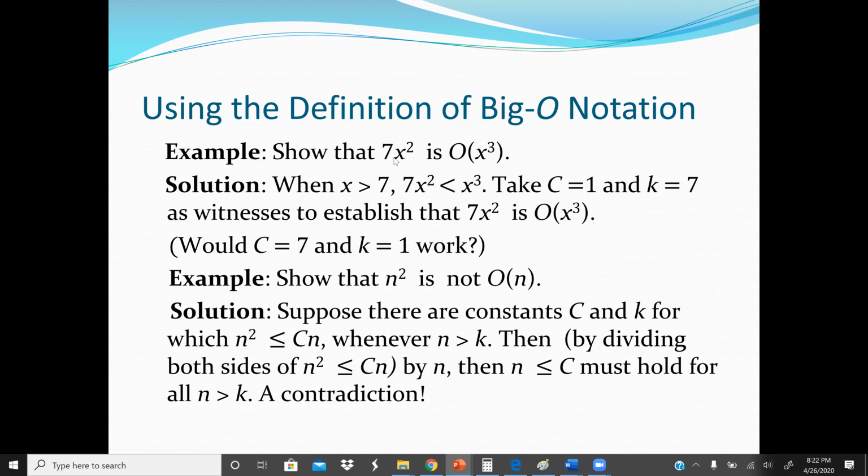Now when s is 6, 7s squared will be greater than s cubed. So that's why we say when s is greater than 7, that's when s cubed becomes greater than 7s squared. So here we're going to take c equal to 1. Again, the value has to be greater than 7, so k equal to 7,